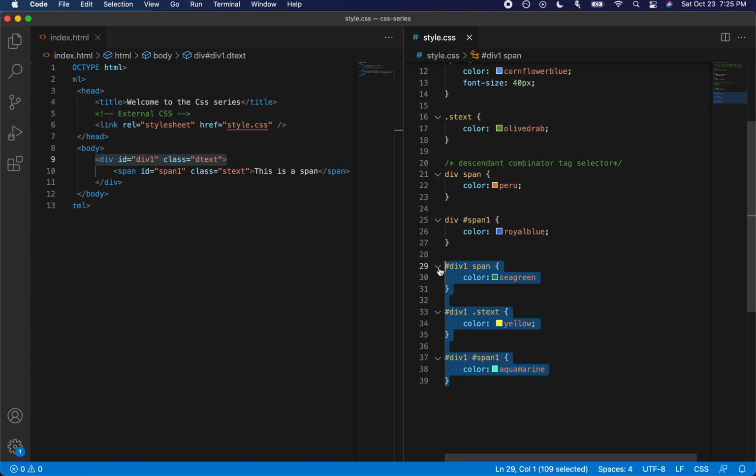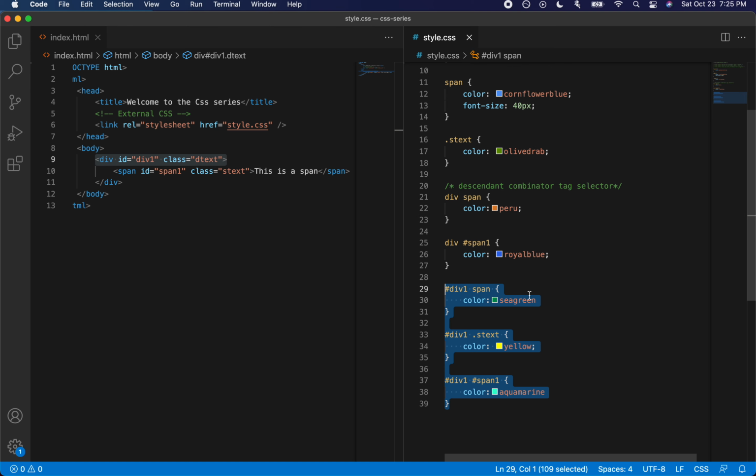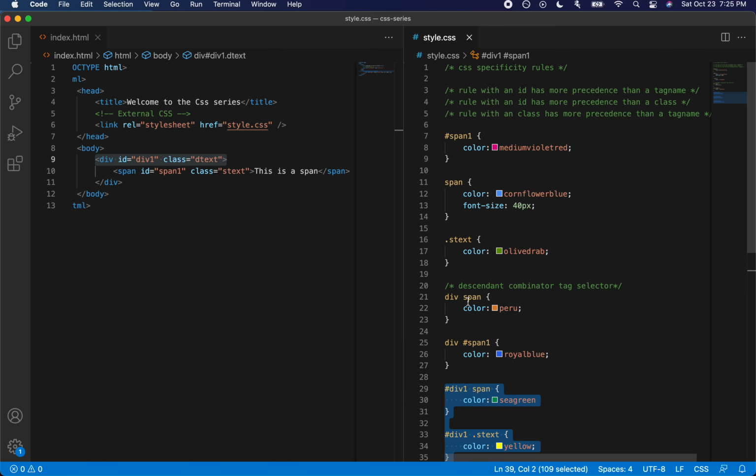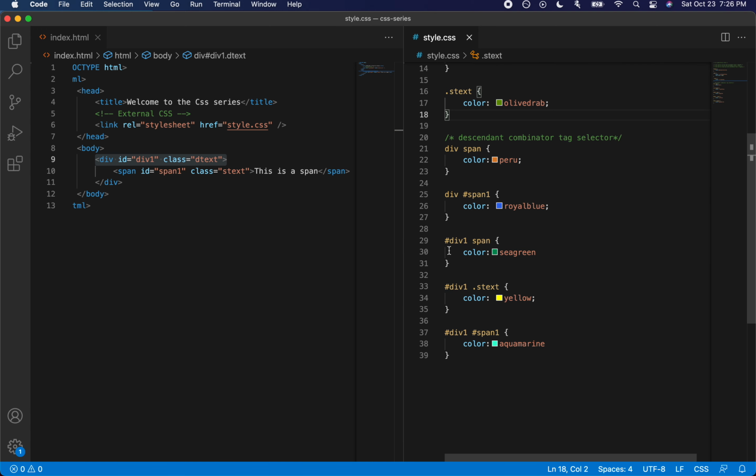If it's confusing, please try to re-watch this video, specifically from the point where we introduced the parent selectors. It gets slightly complex, because comparing the specificity between direct elements is a lot simpler than comparing the specificity when it comes to descendant selectors or combinator selectors.